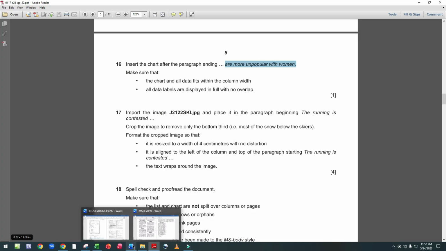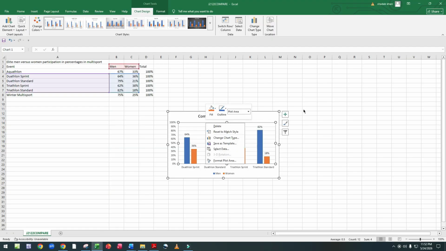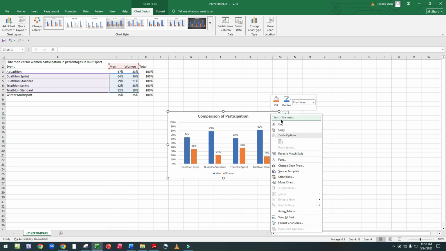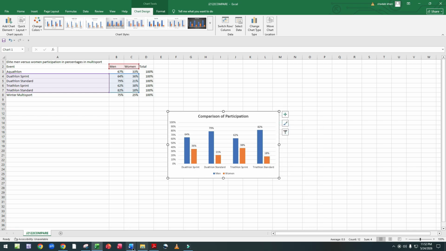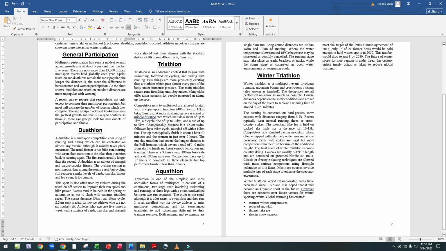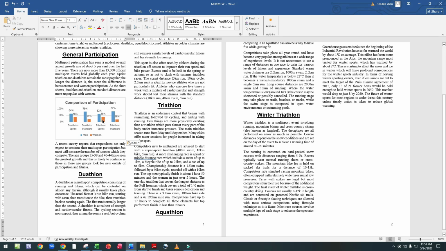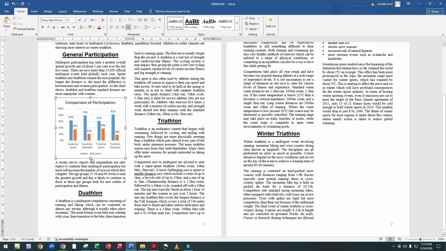Now we copy the chart, right click, copy, insert after this, click enter and paste here. Adjust this.